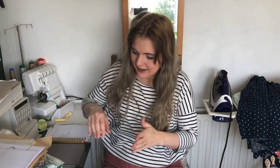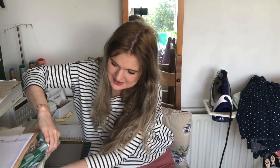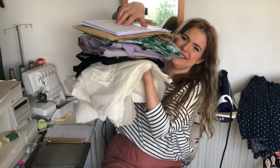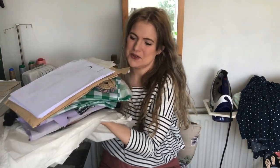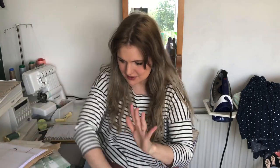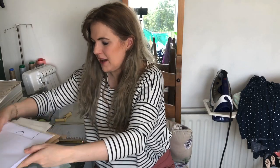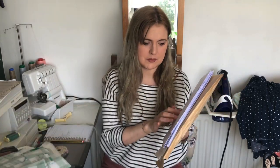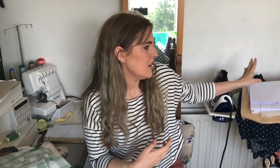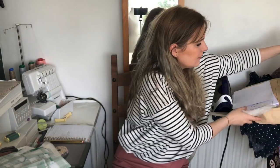So then I have this pile here of things that I have got cut out. So yeah, loads here that I need to get working on. So just go from the top. I have some patterns cut out and prepped as well here. So I have the Lysimaque cyclamen top, which I'm going to be making in...